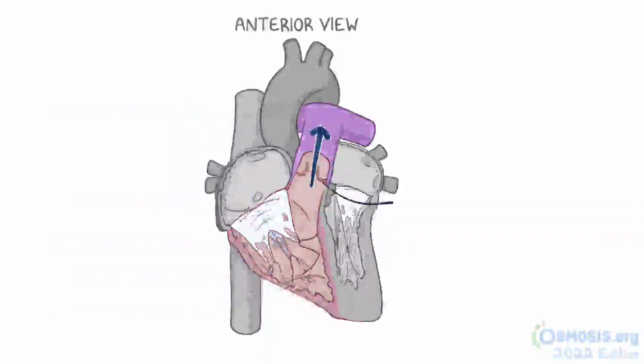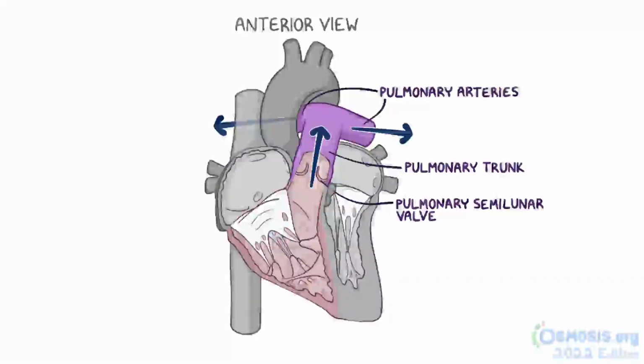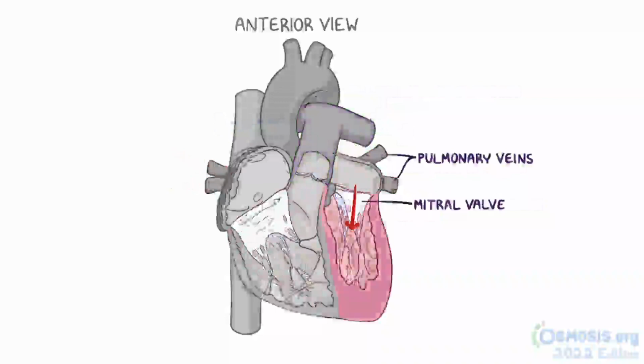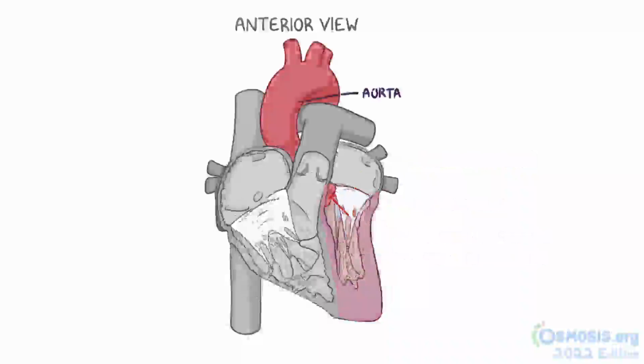Then, the blood passes through the pulmonary semilunar valve and reaches the lungs via the pulmonary trunk and its two main branches, the left and right pulmonary arteries. The left atrium receives oxygenated blood from the four pulmonary veins and then sends it to the left ventricle through the mitral valve, also attached to papillary muscles via chordae tendineae. From the left ventricle, blood is pumped into the aorta through the aortic semilunar valve, reaching the rest of the